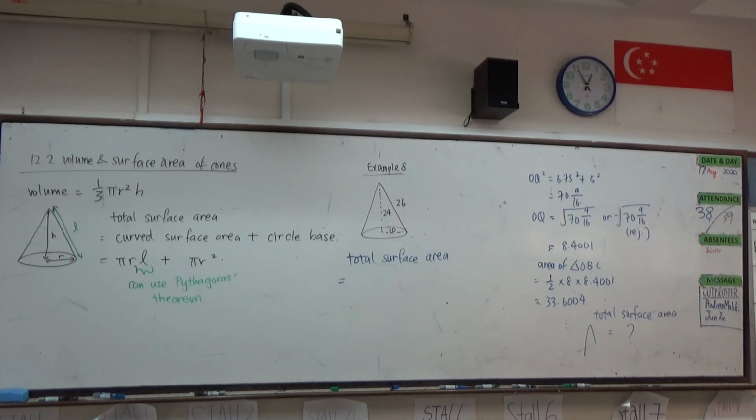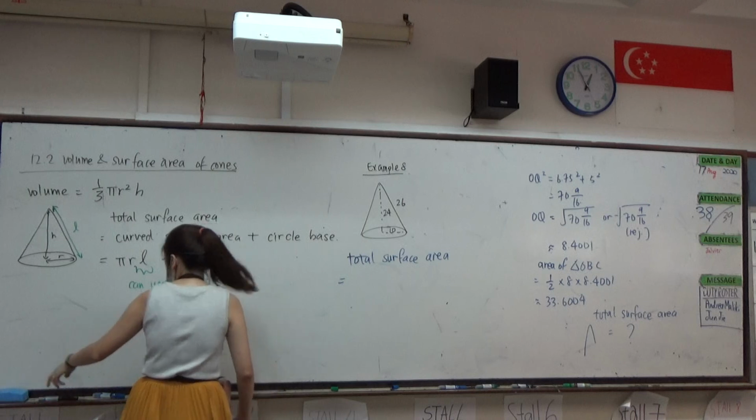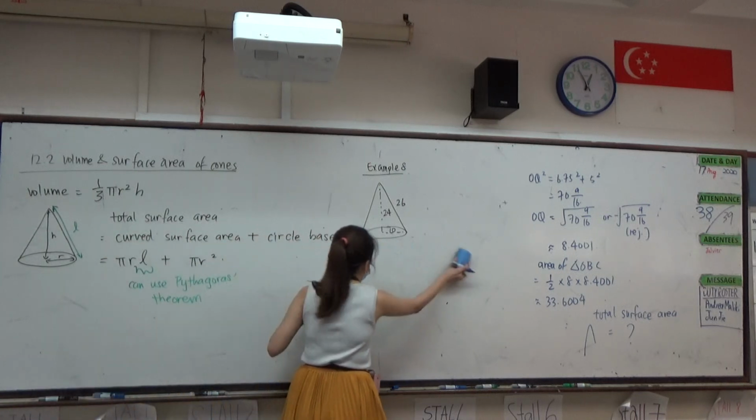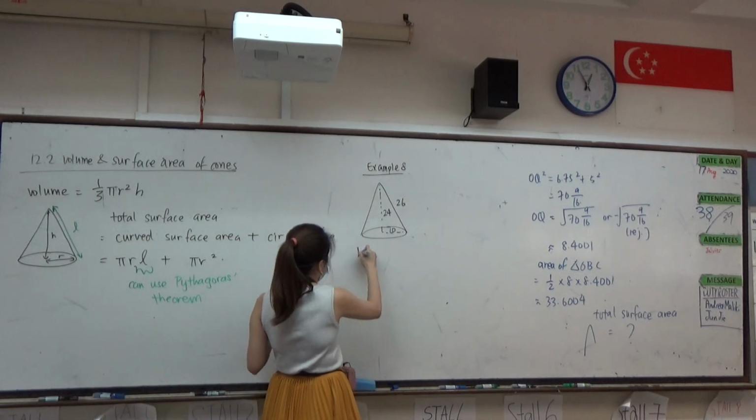Pi? Is it pi? Find area of the circle. Oh, okay, find the base area of the circle. Alright, let's do that first. Base area